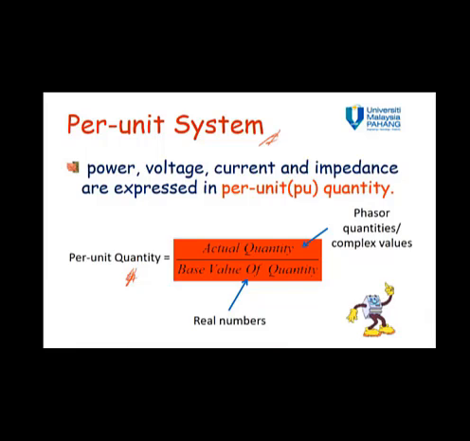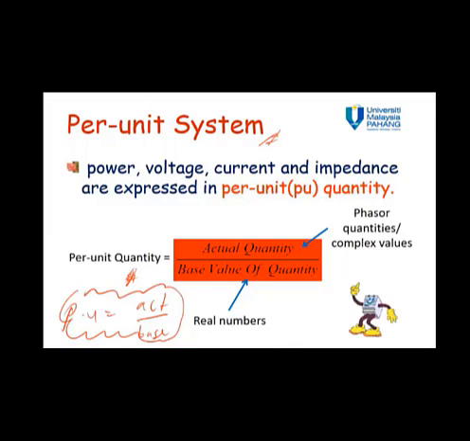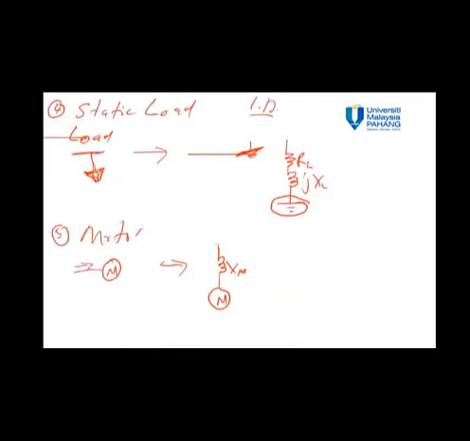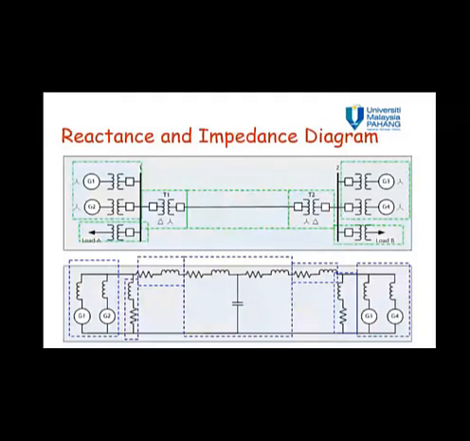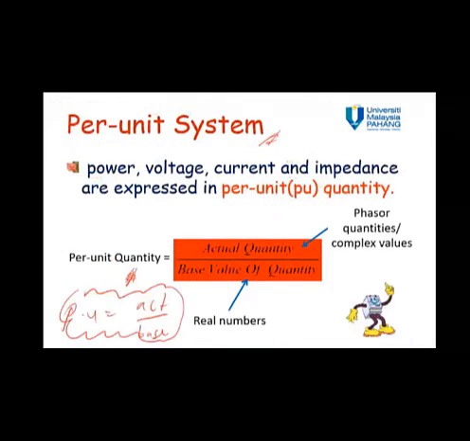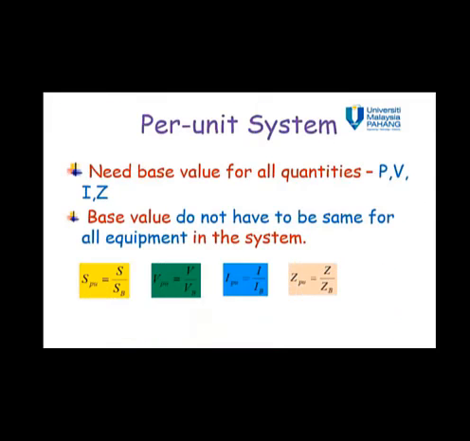We use this equation: per unit is equal to actual quantity over base value. This is the basic equation. So how do we convert all the parameters into per unit? We just divide the actual value by the base. So let's say